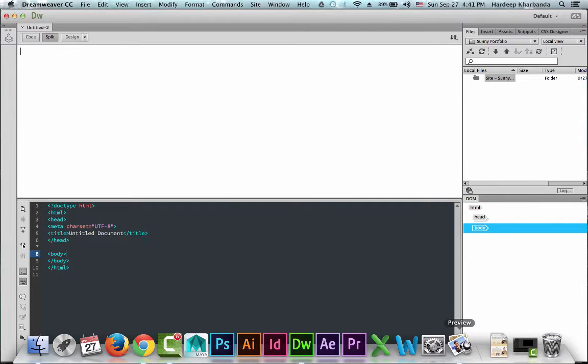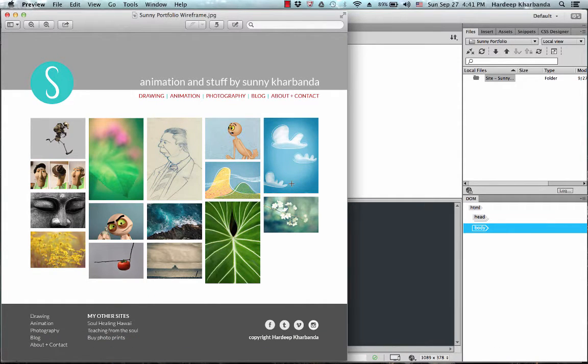So to start the design, I'm going to go back to my wireframe. And really at this stage, I'm keeping it extremely simple. I'm just setting up page divisions for all the main elements of my page. First, I have my header, which contains a few things like my logo and my title and stuff. But it also contains my top menu or navigation. Then I have my content section. And finally, I have my footer. The footer also contains a navigation, or nav for short, along with some other things.